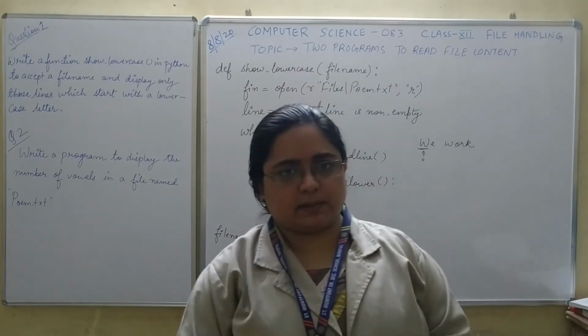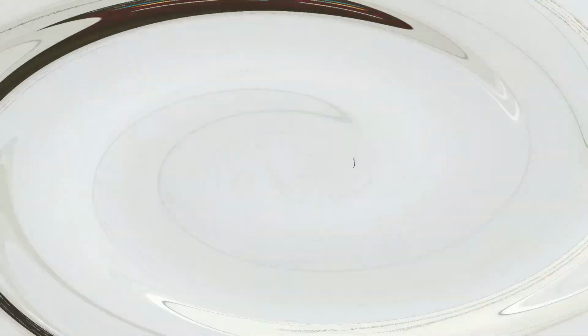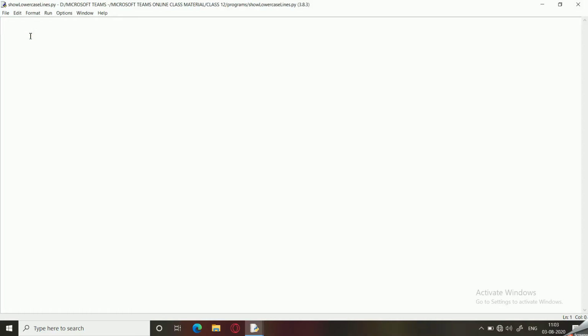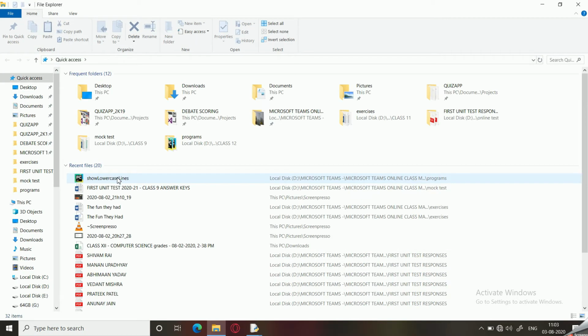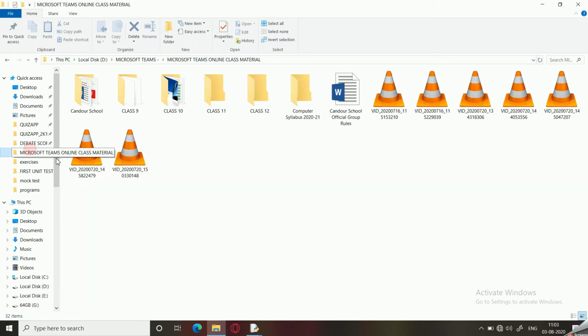Okay, so to see how this function works, let's move on to our system. So let's see how we can create a program which contains a function named show lowercase to display all the lowercase lines in the file. So first we will see the file and we'll try to change some lines within the file.